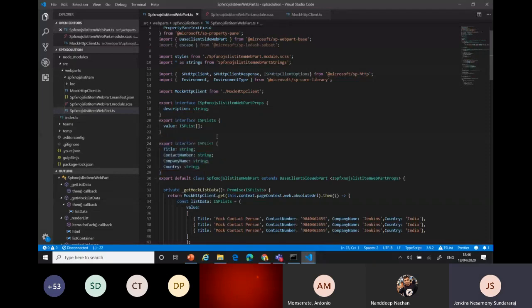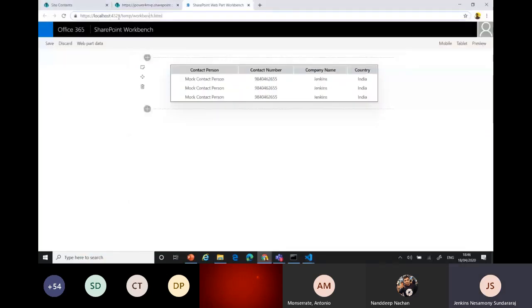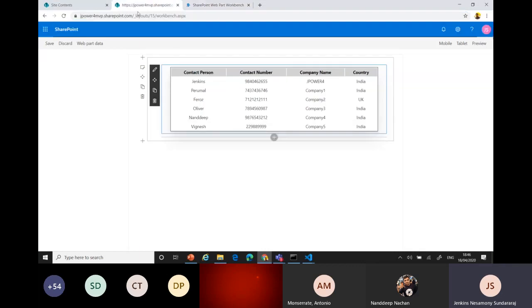Because of mock data, for example, I'm working in my local environment. Mainly for design, that time I use the mock data. Design styles, everything I can verify before touching my SharePoint URL. I do all my work in the local environment. You can see the local environment. This is a local environment, right? Local 4321, the temp workbench. Here I do all my styles and everything. Then I can connect using my server.